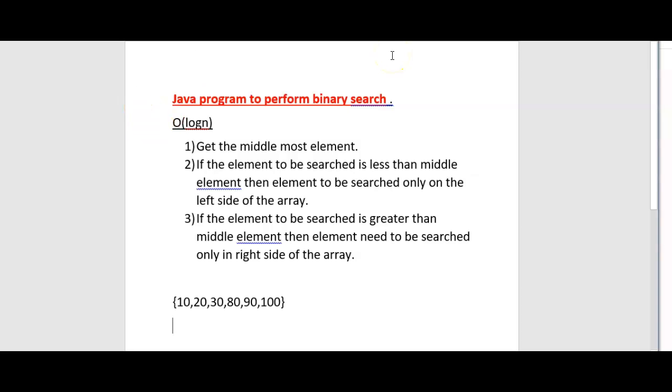The formula for getting the middle element is low plus (high minus low) by 2.